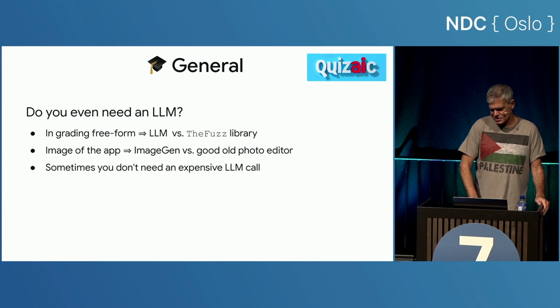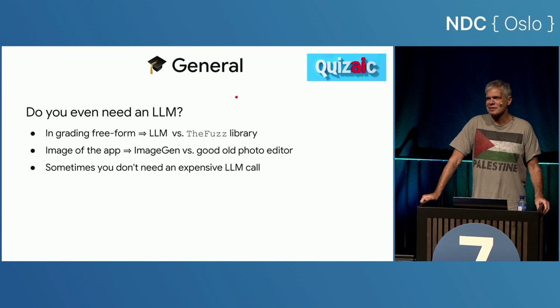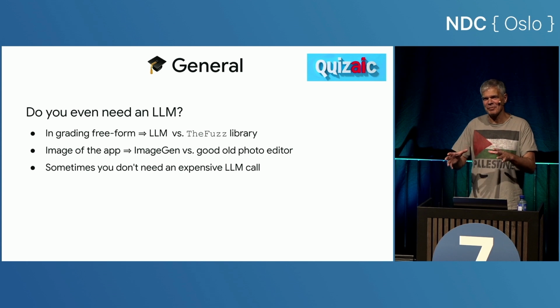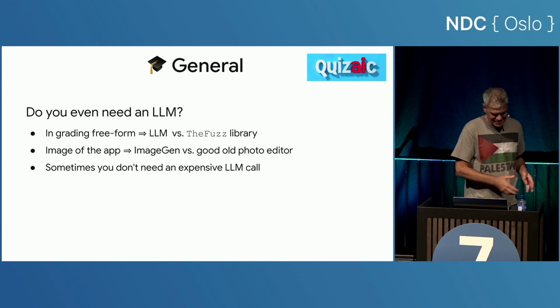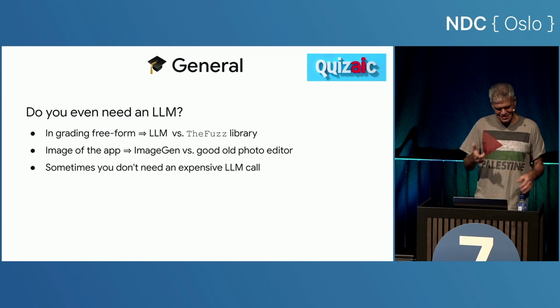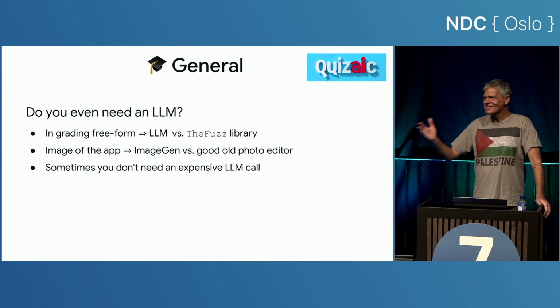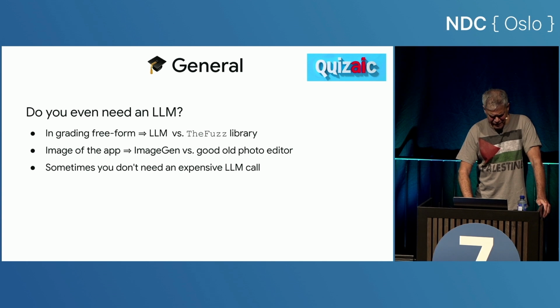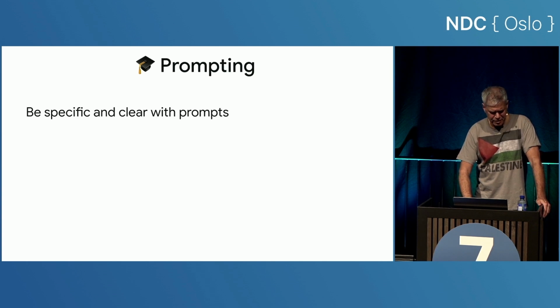Another example was this little logo that you see. I spent weeks trying to generate that with just the A and the I in red. I can't tell you how bruised my forehead is from banging it against the wall trying to get that to happen. If you know how to do that, tell me, because I've tried everything. I was talking to Mete, and Mete said, why don't you just use Photoshop or something like that? I was like, yes, why don't I? So sometimes there's a good old-fashioned way to do things. You don't have to do everything with the new cool stuff. And that avoids an expensive call to what is probably a little bit on the slow side functionality.